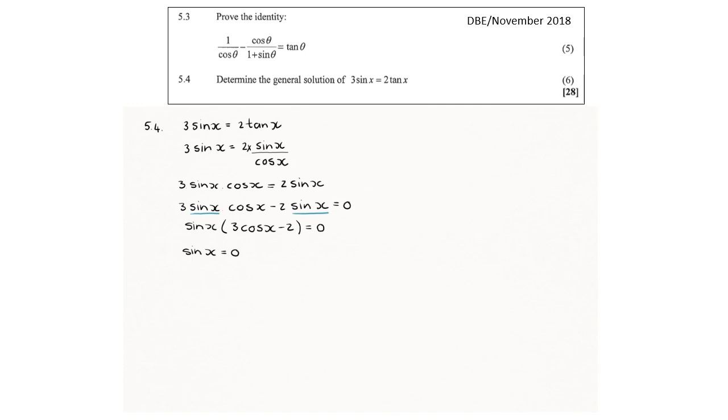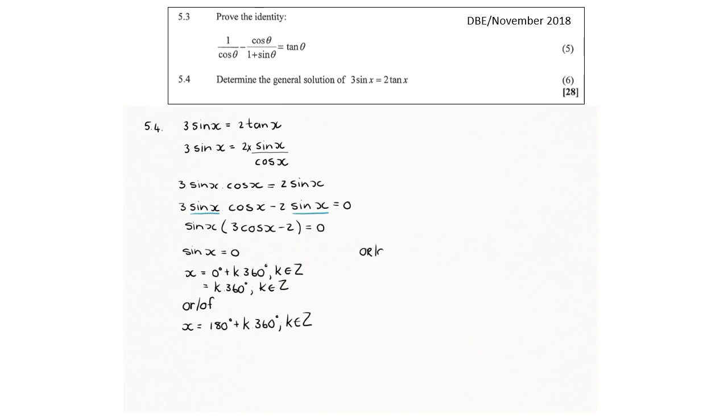Sine x is equal to 0 if x is equal to 0, or if x is equal to 180 degrees. So our first solution then is x equals 0 degrees plus k times 360 degrees, and k is an element of integers. And this simplifies to k times 360 degrees. Or we said sine x is also 0 if x is equal to 180 degrees. And then we also add k times 360 degrees, and k is an element of integers.